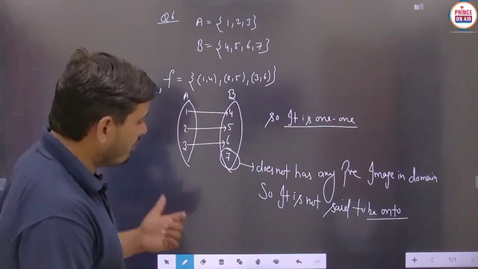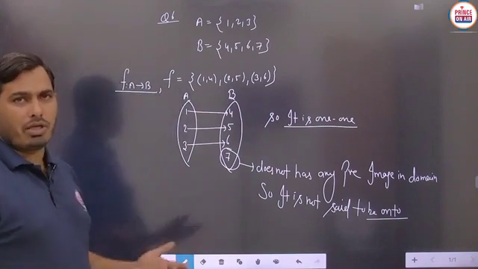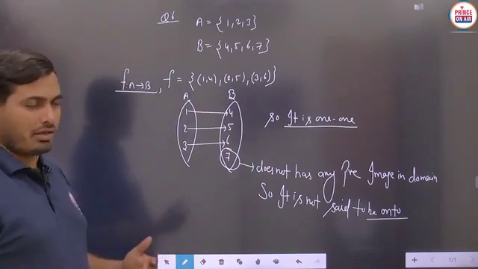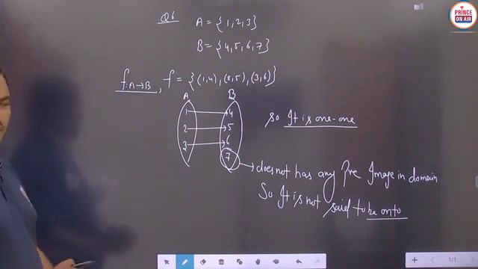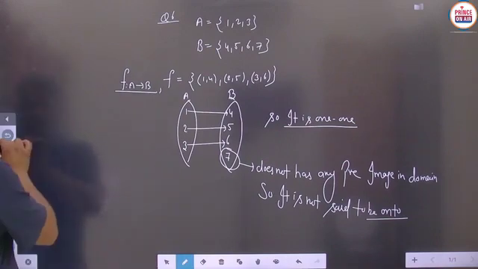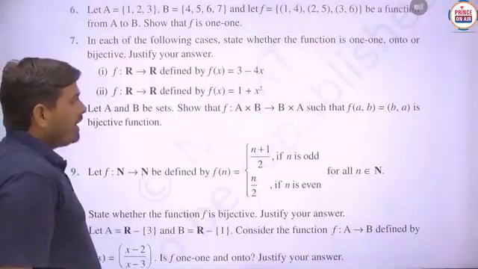The next question we have to read from the NCERT exercise first of all, then we have to see what type of things are given and what is asked here. Is it to be clear? So note down each and every part. Next, question number 7 we are just seeing here.